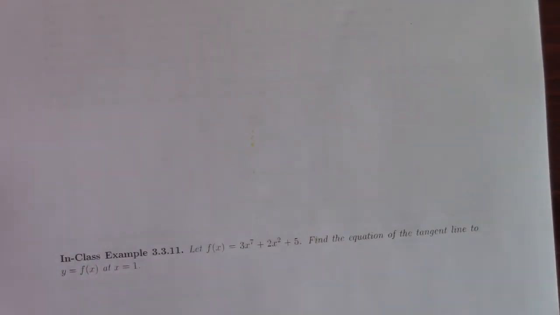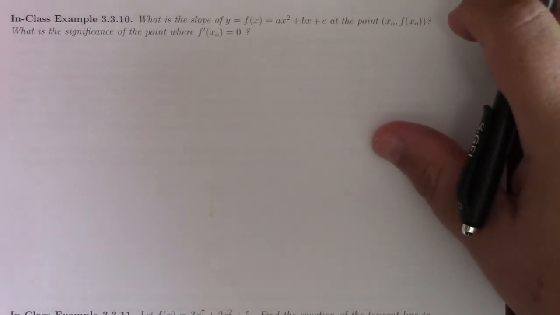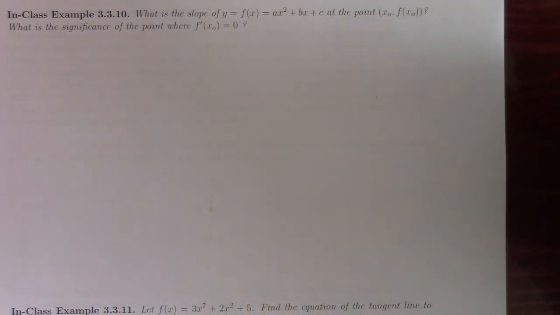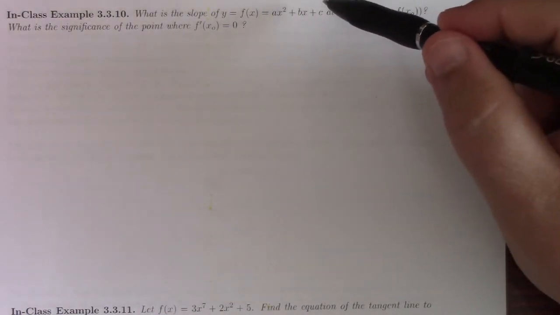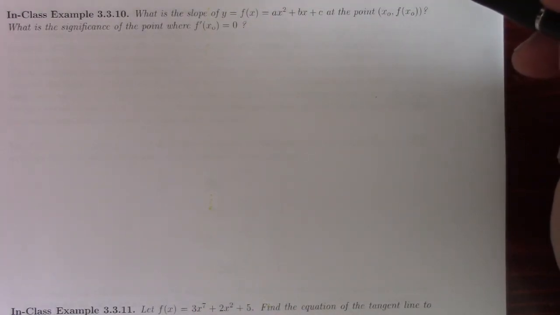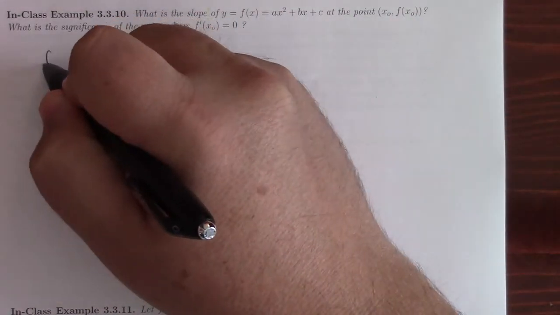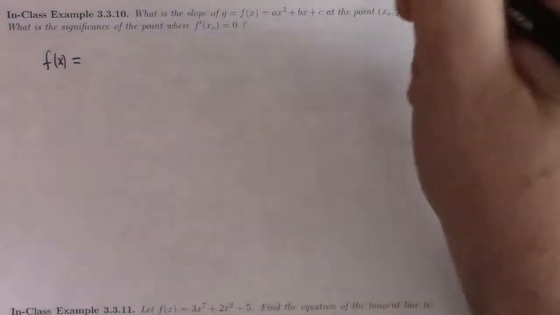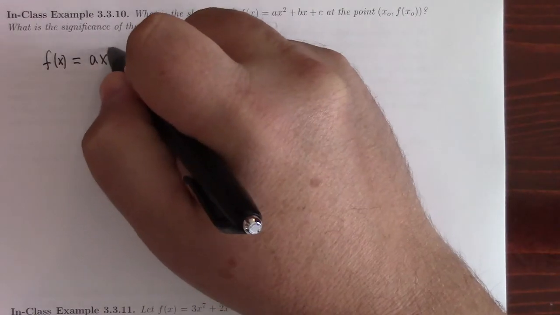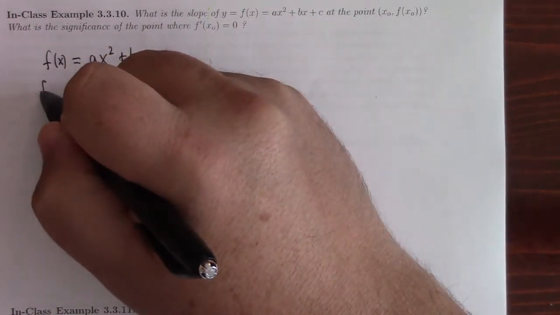Oh, goodness gracious. Whew. Another hill to climb here. What is the slope of f of x equals ax squared plus bx plus c at the point x naught, f naught? What is the significance of the point where f prime of x naught is 0? Alright. So if f of x equals ax squared plus bx plus c, then f prime of x